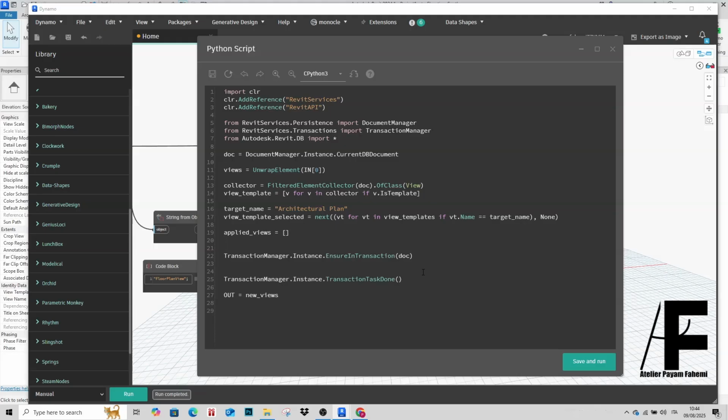And now we use if view template selected, then start the transaction. And now we use for loop command by saying for v in views,